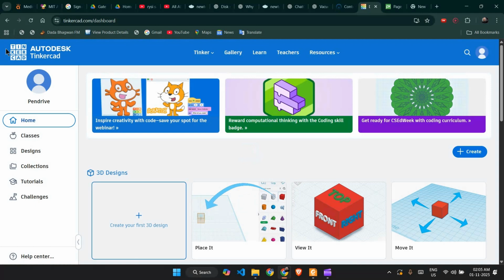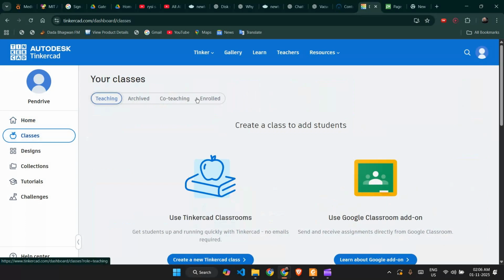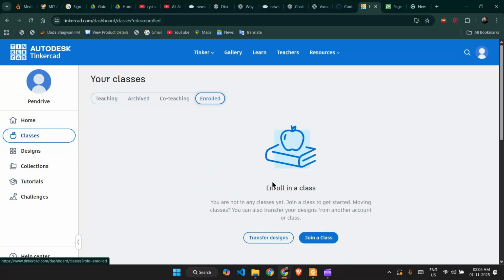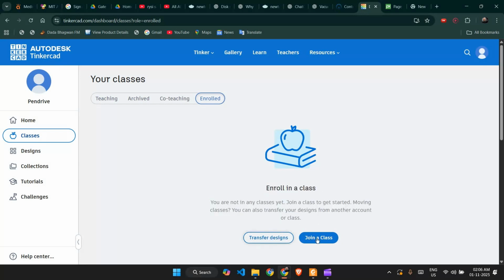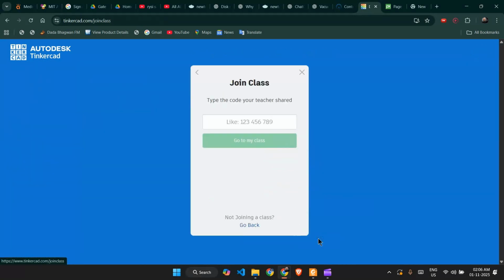Now we will see how to use Tinkercad for submitting the assignments that I have given to you. So for that, please don't use this create button. What you have to do is go to this section, classes, click over here, then go here, enrolled. Then here it will say that you are currently not enrolled in any class. So just click over here, join a class,